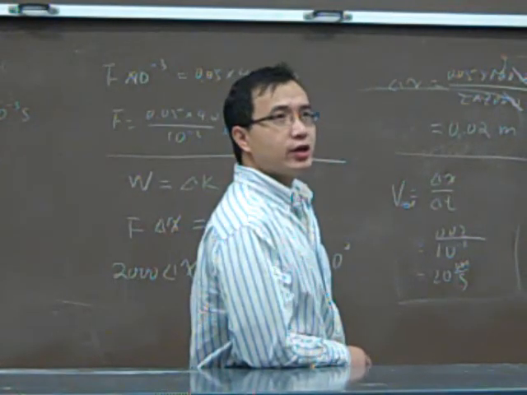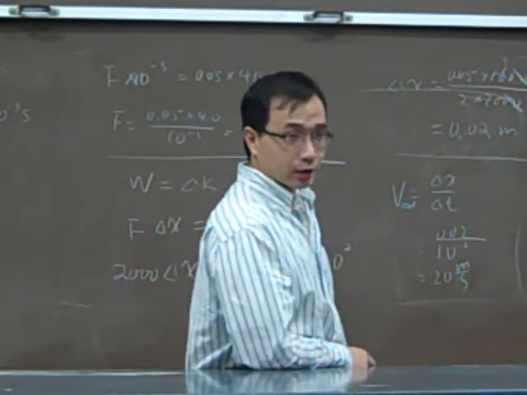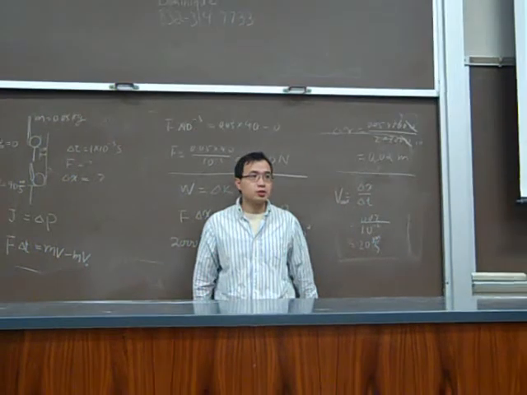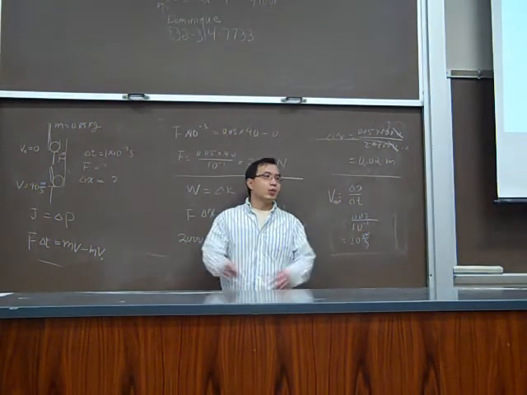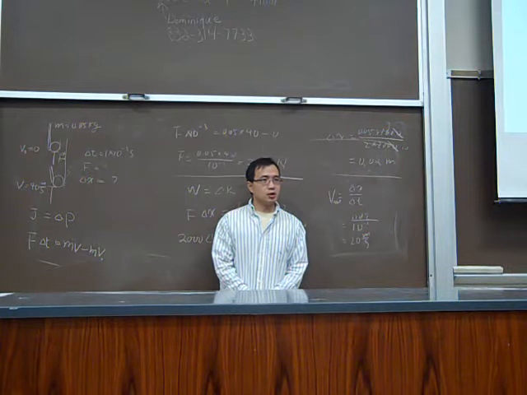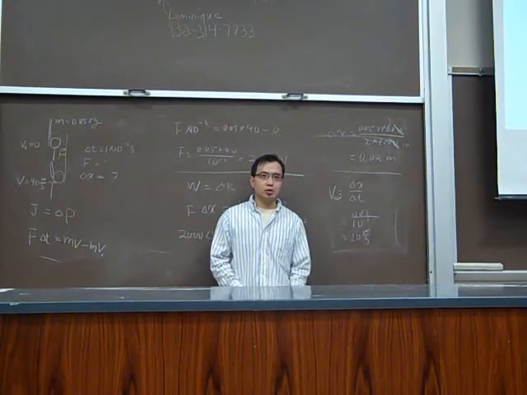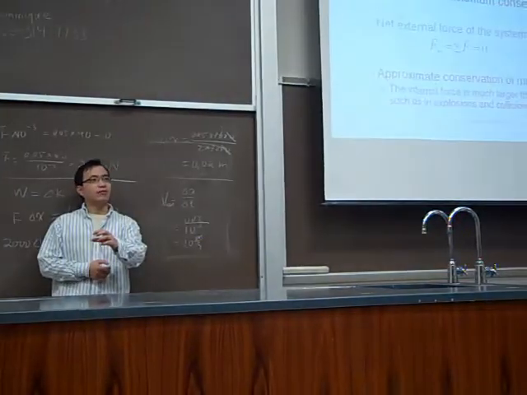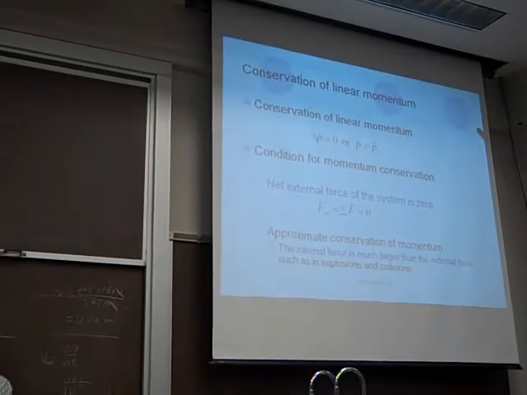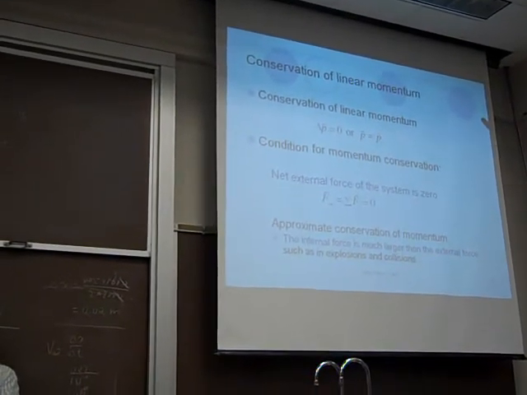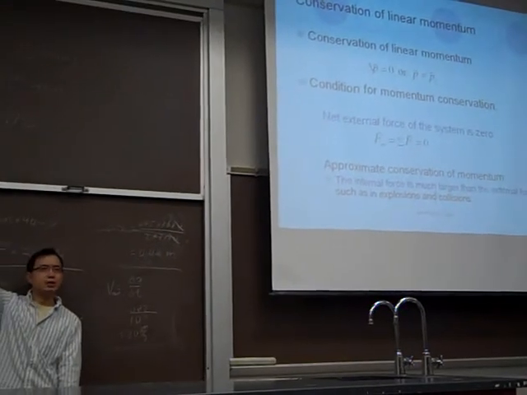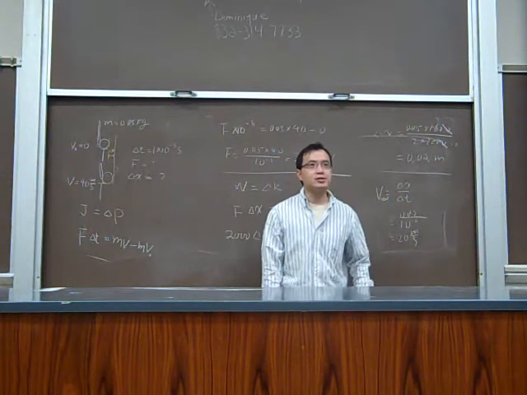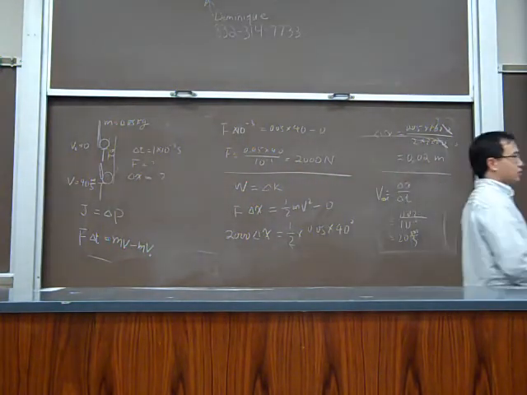Okay, this is a very strong condition. It's very hard to make 0 force for an object. Like you always have the resistance. Even if you put it in the vacuum, you may still have some force from a faraway place, like the gravitation. Unless you can put it in a remote place in the universe which is far away from all the stars, it's hard to make the external force 0 for your object. But